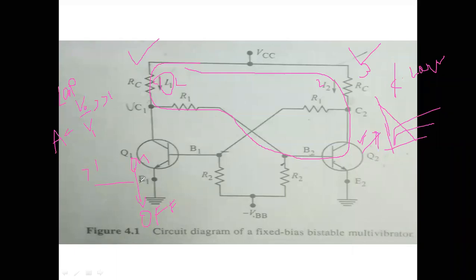That means while it is in the transition state, that is the quiescent position, the loop gain should be greater than 1. And when it is in a stable state, the loop gain should be less than 1. I have said these two points. The loop gain should be greater than 1, and the loop gain should be less than 1. Be clear about when it should be greater than 1 and when less than 1.